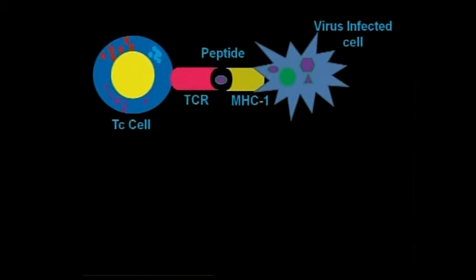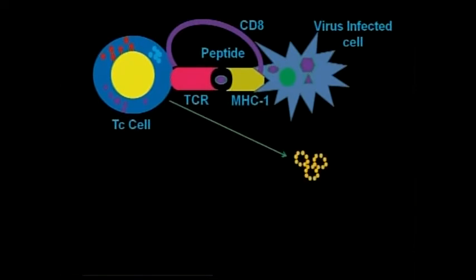So this T cytotoxic cell will interact with the virus-infected cell with the help of the T cell receptor, and these virus-infected cells also express a low amount of MHC1. This MHC1 interacts with the TCR along with the processed antigen. Then this interaction is also strengthened by the formation of an interaction between CD8 and the MHC1 molecule, which leads to production of perforins and granzymes in the T cells. So these perforins and granzymes